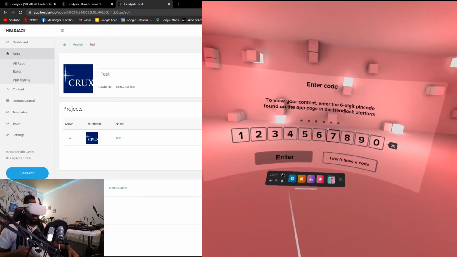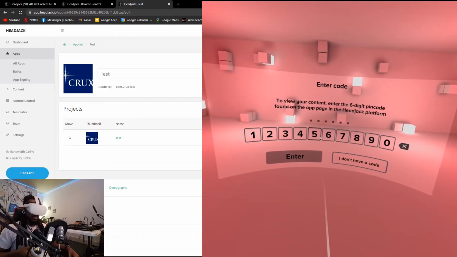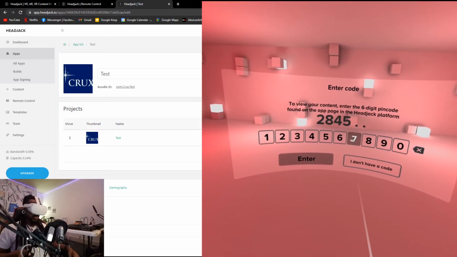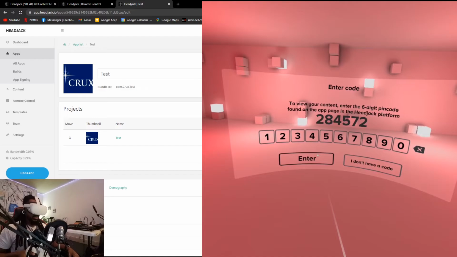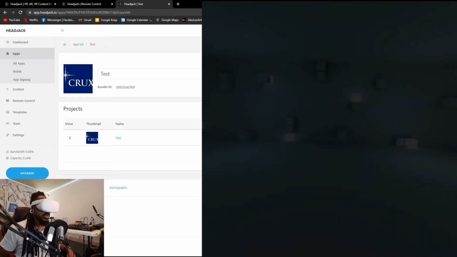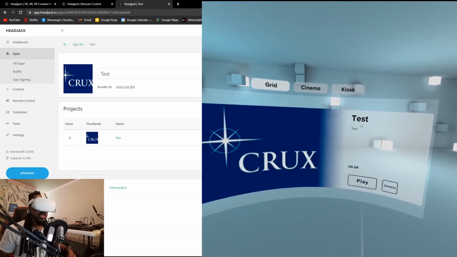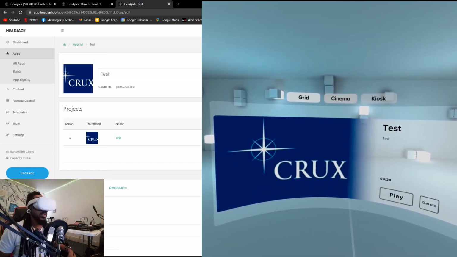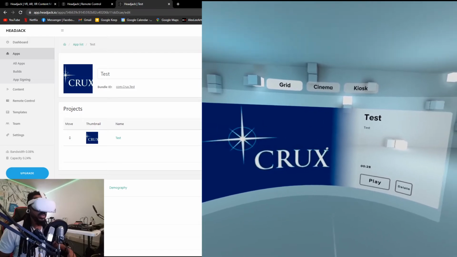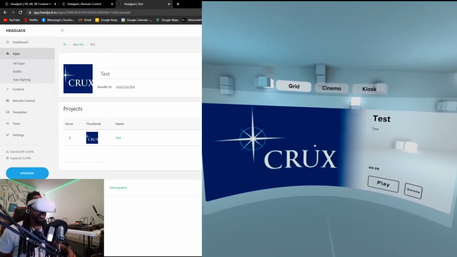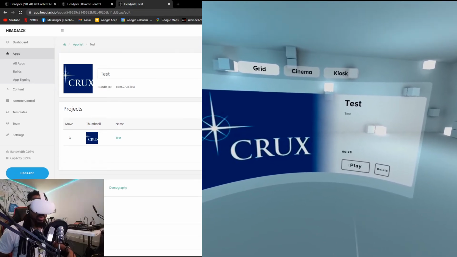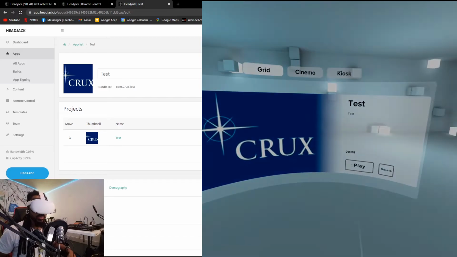Not sure why. Okay, 284572. Enter. Okay, and then you're in, and this is the test project. So for the grid, I only have one video, so there's only one here, but for grid, you'll be presented with the image of the project, and then you can either delete or play the video. If I want to just go ahead and play the video, of course I just click,